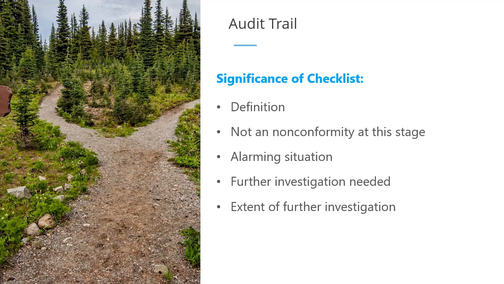In practice, the audit trail is carried out as a result of sampling, as we did it in the objective evidence collection section. Sometimes the auditor observes such things that have significance for the audit outcomes and may lead to a non-conformity, but the situation itself is not a non-conformity at this stage. This situation, however, is alarming in the context of management system implementation and its effectiveness, and therefore the auditors carry